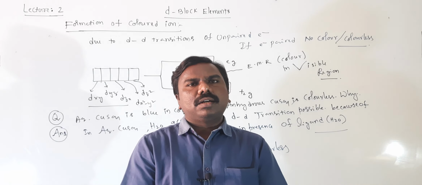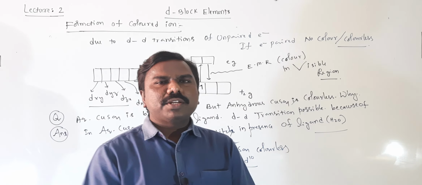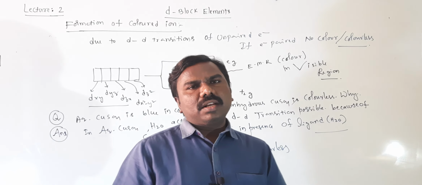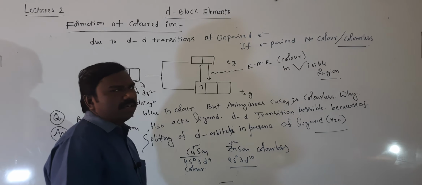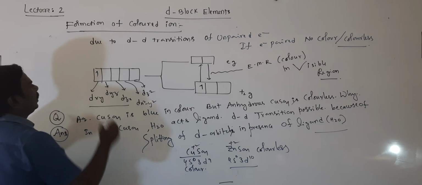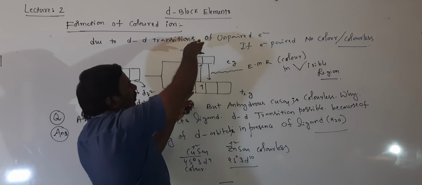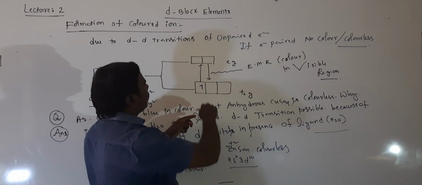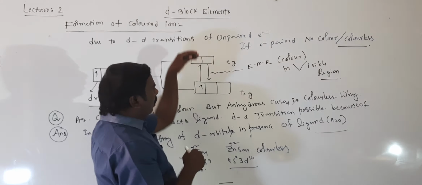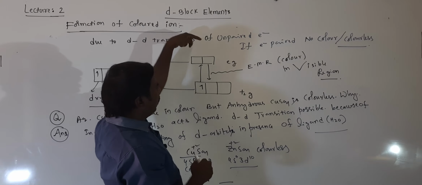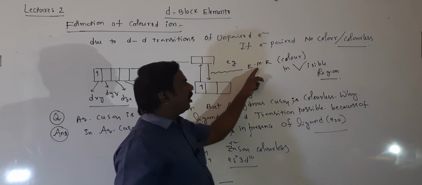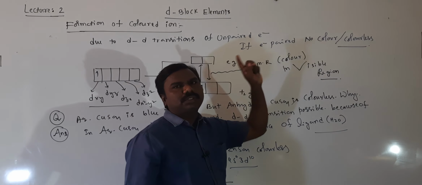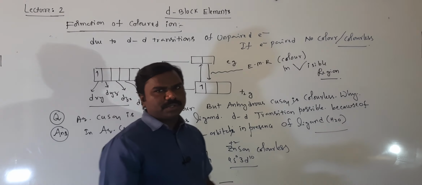Okay, the next property is the formation of colored ions by the d block elements or transition elements. Why is color shown by the d block elements? The electron present in a d orbital is excited to a higher d orbital and again de-excited to the lower d orbital. Going from lower to higher, energy is absorbed; from higher to lower, energy is released in the form of electromagnetic radiation in the visible region. That radiation shows some color, so that's what we can observe.